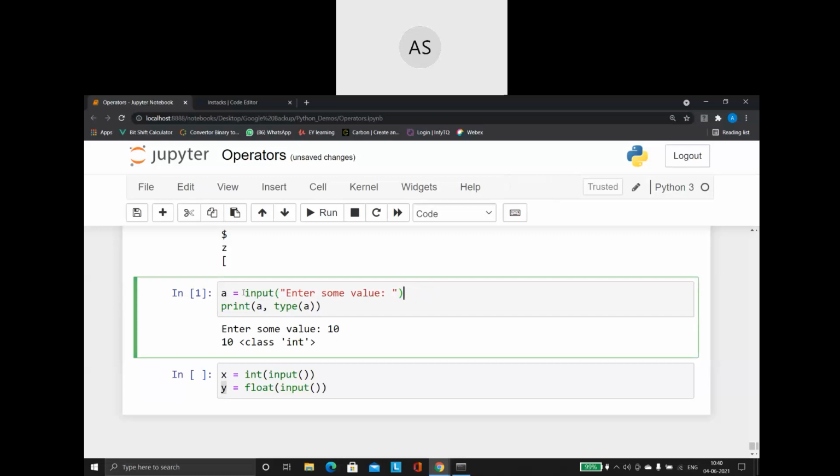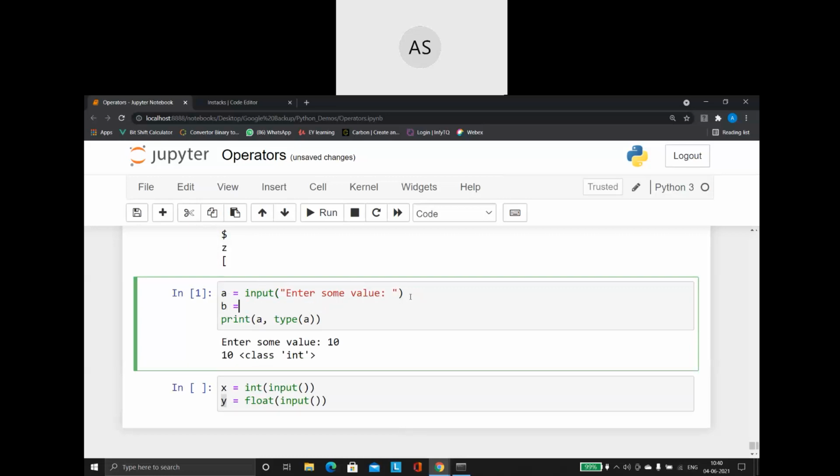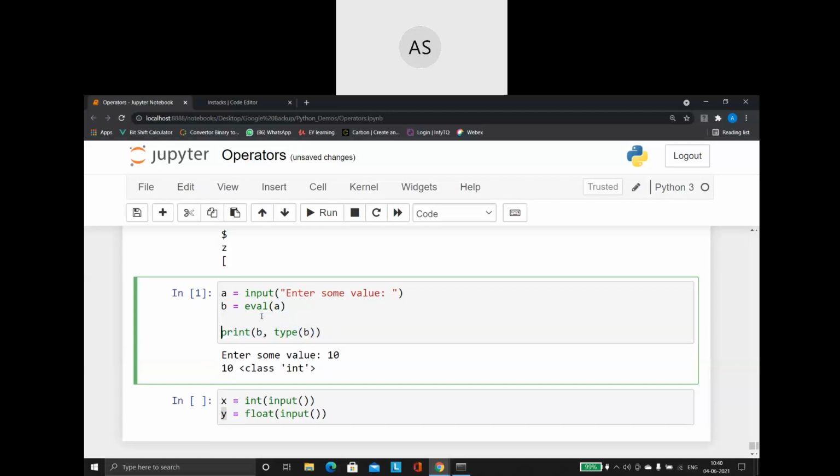See what I'm doing: a is equal to input of enter some number, then b is equal to eval of a. Then I'm printing the b value and the type of b, and on top of that let me print the a value also and the type of a.